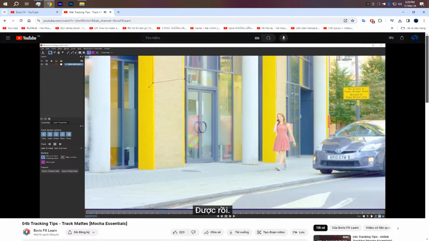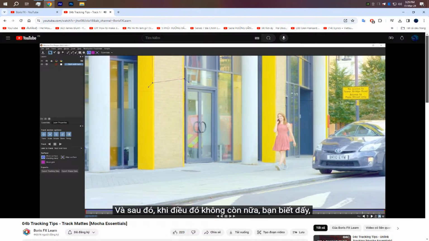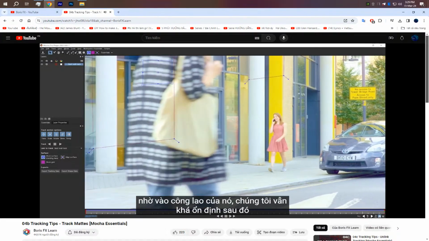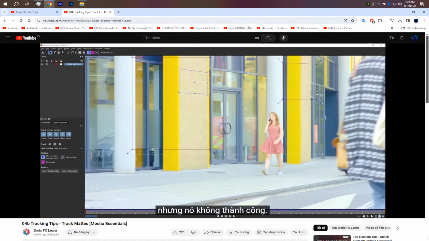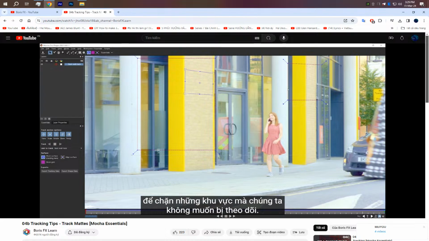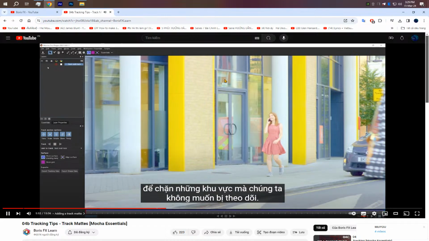Okay. And then when that was out, to its credit, we stayed pretty stable after that, but it didn't do the job. What can we do here? Well, the secret is to use another layer to block out the areas we don't want to be tracked. And this